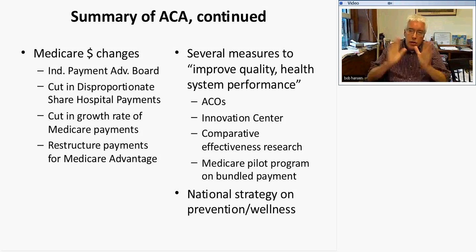It's about expanding insurance. So let me just say, if you think about our overall healthcare system, in the end, we're going to have four main ways for people to get health insurance in this country. We're going to have Medicare, which is for the elderly and disabled. We're going to have Medicaid, which is for the low income. We're going to have individuals and small employers buy insurance on the exchanges, and then continue to have employer-sponsored insurance,